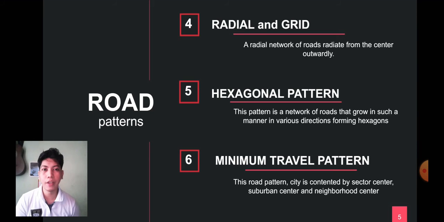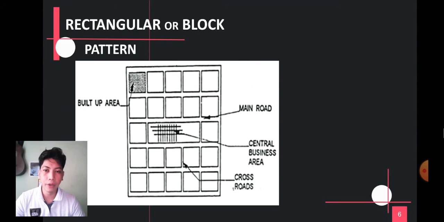To further discuss each of the road patterns, now we are going to talk about first the rectangular block grid pattern. So the rectangular block grid pattern is a plan where the streets and roads are in the form of a grid or block pattern of roads running perpendicularly into each other, thus forming a grid or block. A factual example of this type of pattern is the North Nazimabad area of Karachi in Pakistan, where the streets and roads run at an angle of 90